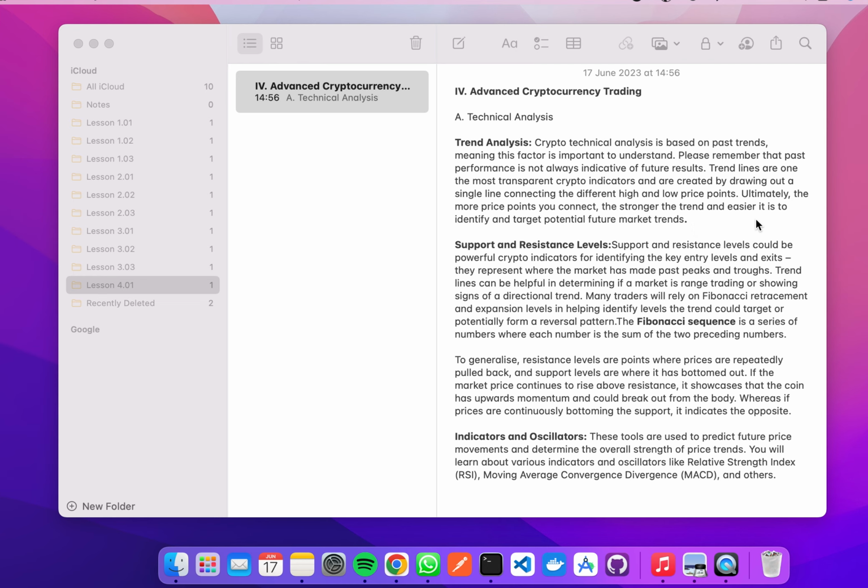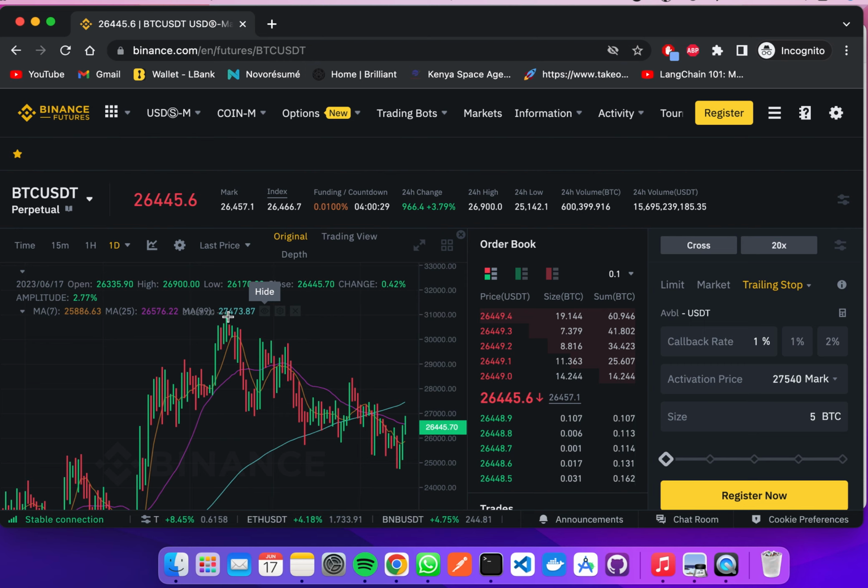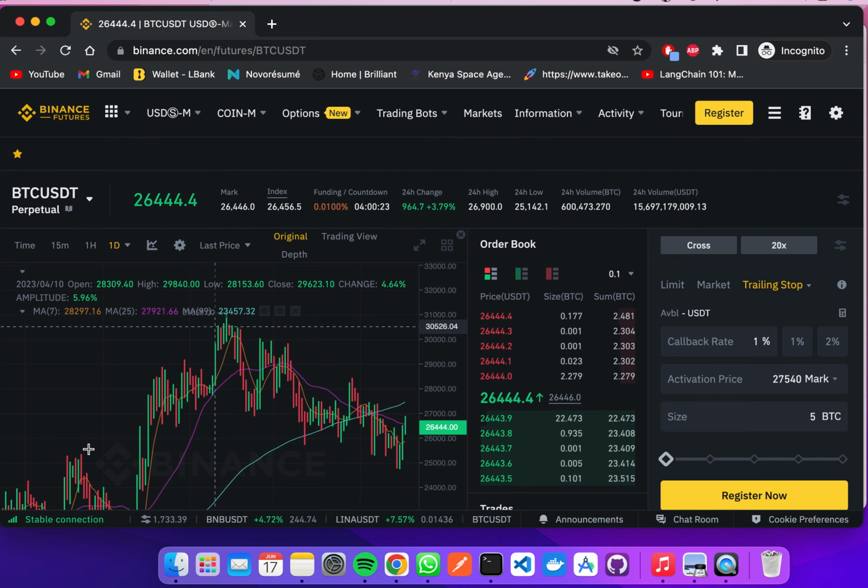Ultimately, the more price points you connect, the stronger the trend and the easier it is to identify potential future market trends. I know you may have seen some charts where somebody has drawn lines connecting different price levels. For example, you can draw lines for local tops. You can connect two high points or more than two, and this shows more of a pattern. So you can see here the high points form more of an